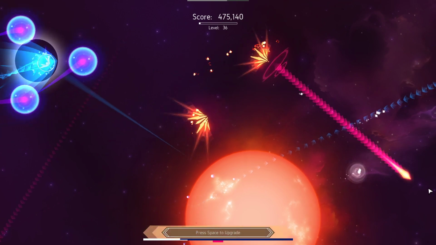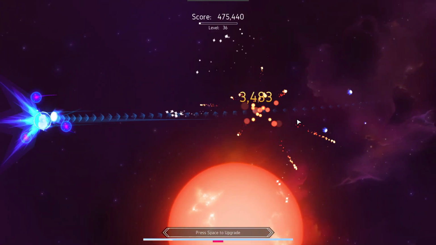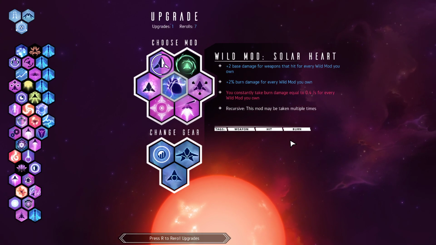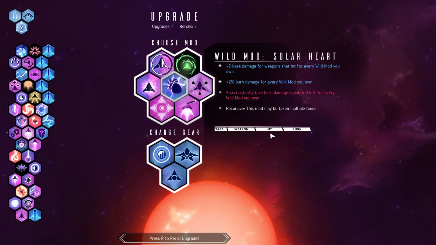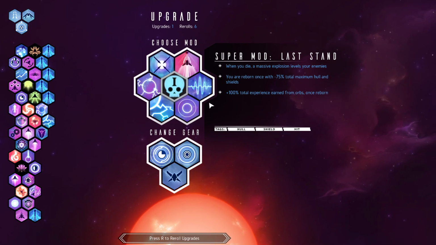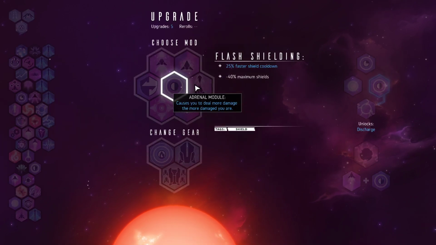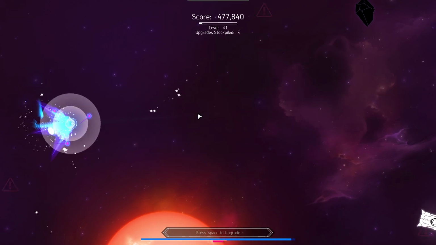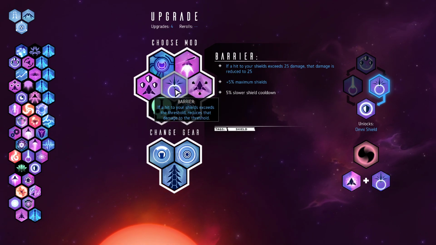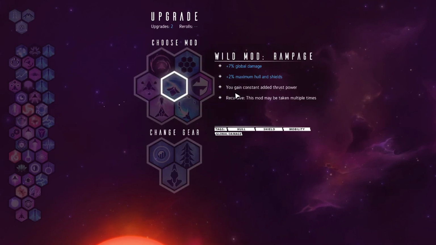No run out way from this. Nope. Do not want. I don't know if we can do that. Blink could be useful. Sure. Take the channeling quite happily. Emergency systems, barrier's probably the better choice. Definitely want Galvanic and shield effect radius, but